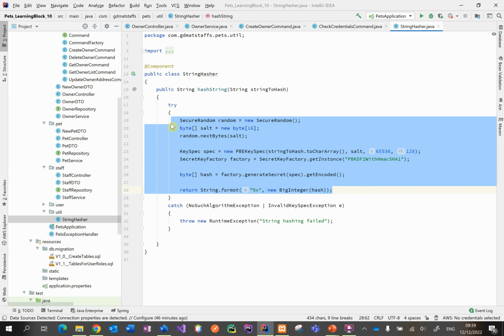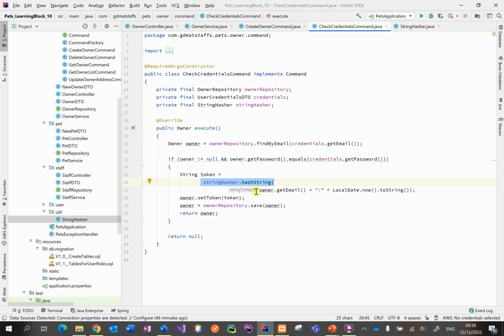And you can see from the highlighted code here, this is what I was showing you in the previous video about hashing passwords. And I've just copied and pasted the code to perform the hashing. And so I'm generating a hash, which in this example is to get the owner's email, which is going to be unique to that user. Follow that with a colon and then the date just now. Put that all as a string and then hash that string, which will give me a token,